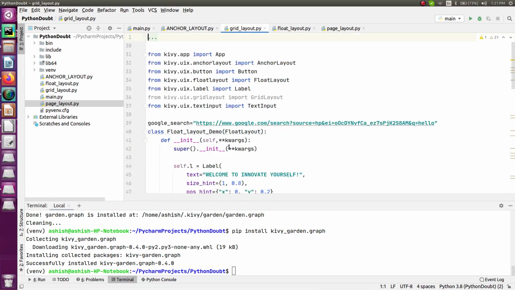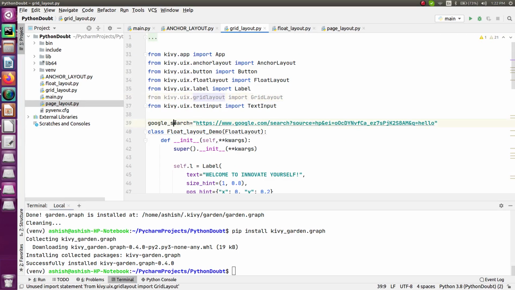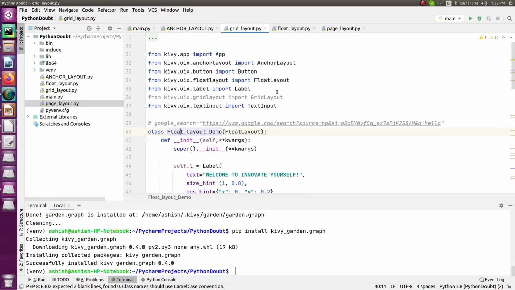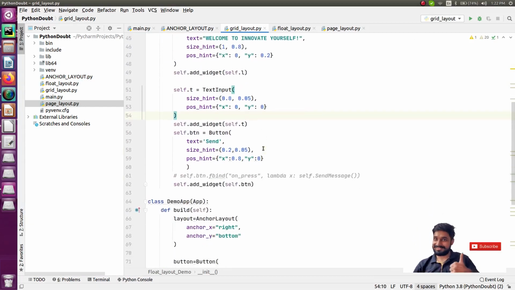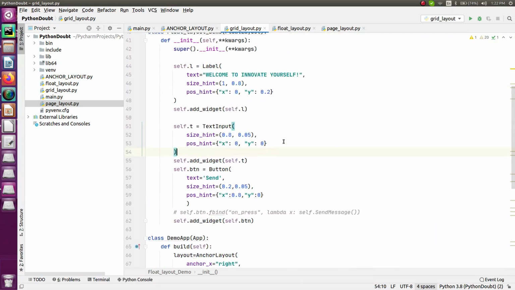Let's do this. Okay, so you can see in here, let's comment this one as well. Okay, so this is a small project which I have created right now. Comment this one as well.